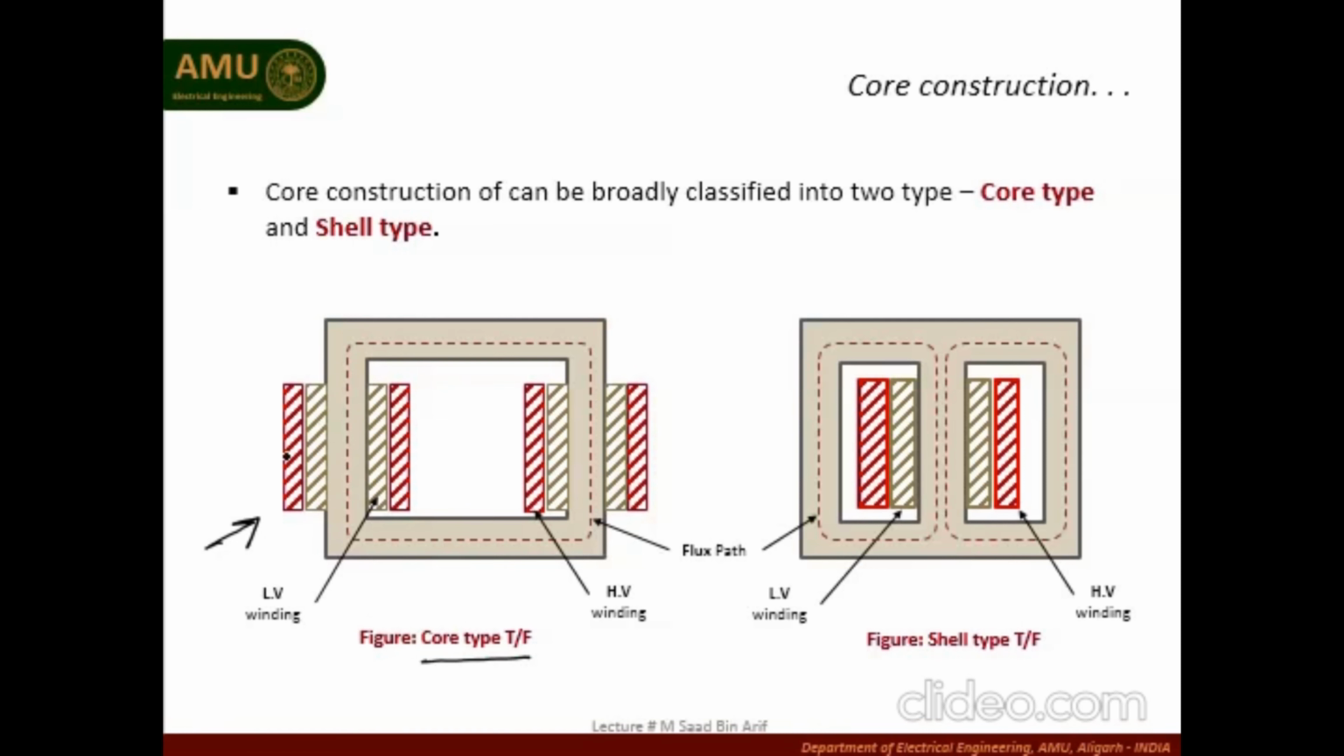This arrangement of winding may vary. Right now we are discussing the construction of the core. So the core type transformer is like this, whereas the shell type transformer is shown here. In this, the windings are placed on the middle limb of the core, and the core basically provides a shell to the windings. If you look at the cross section of this core, this cross section is basically a square type of cross section,